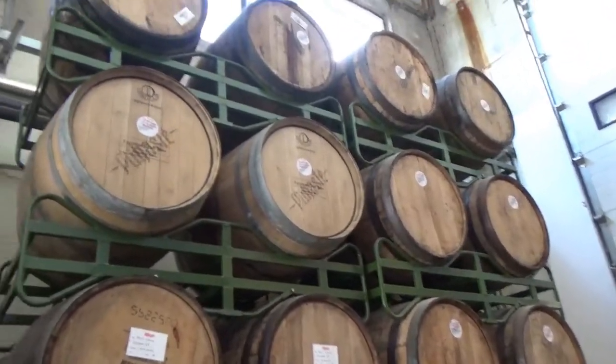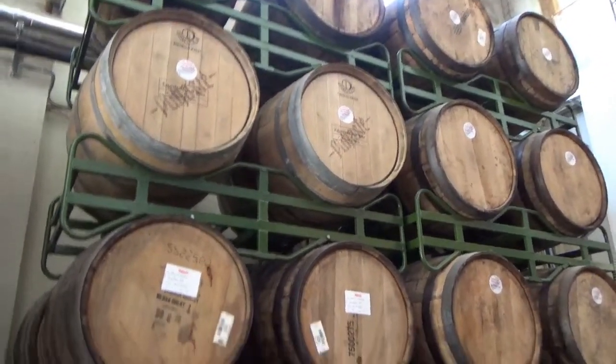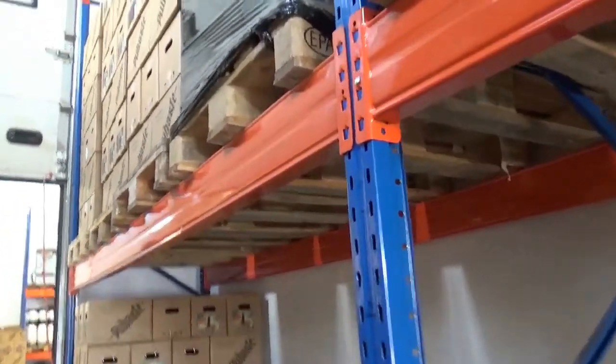These ones are port rooms as well. These were Portuguese from what I remember. But yeah, the dollar boxes of all the different beers and things here, which is pretty cool. So yeah, if we go through here,